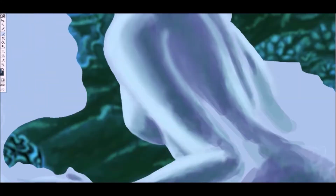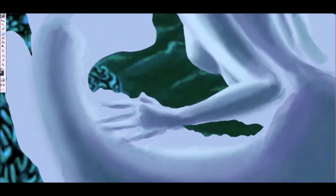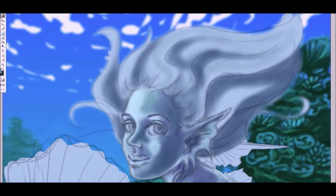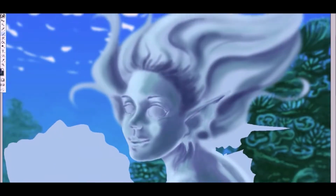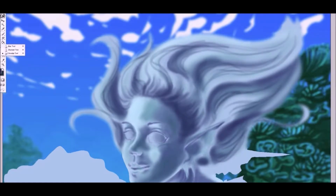detailing the face a little bit. Here you can see that most of that texture is gone. I use a blur filter to get the hair to look a little more natural on the edges, and then I just go in with my dark shadows and my light highlights, and I just slowly build them up. I go over this with the smudge tool as well to give it just a more blended feel,